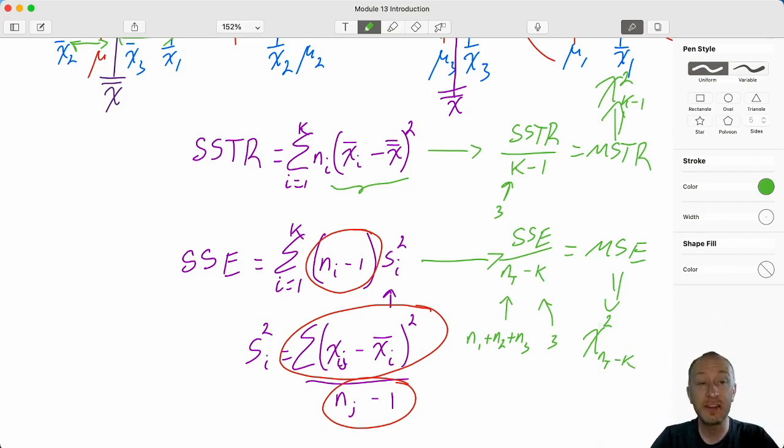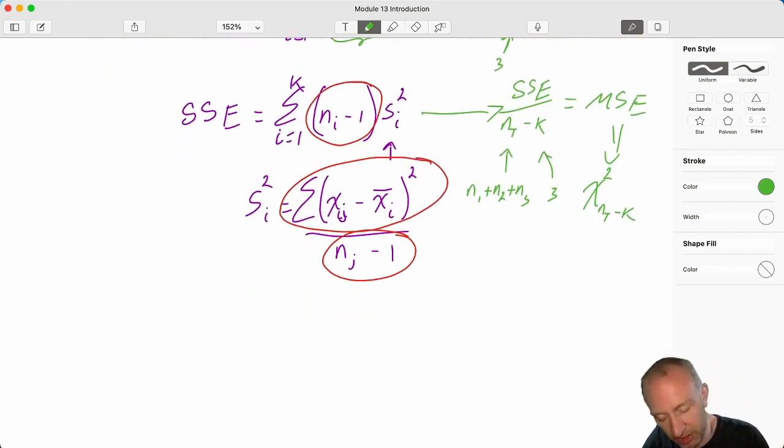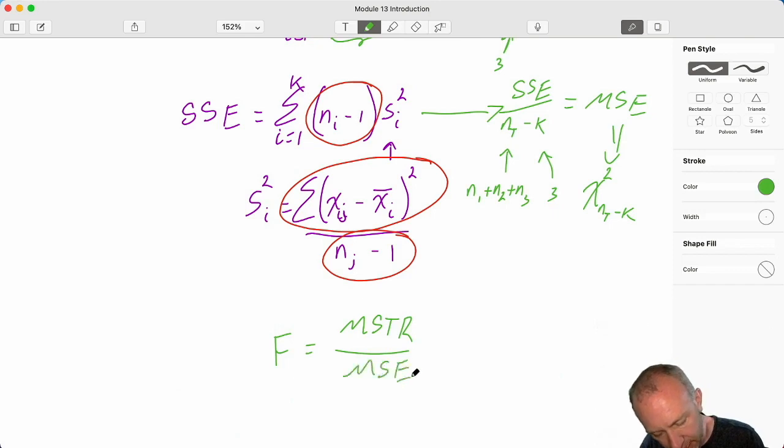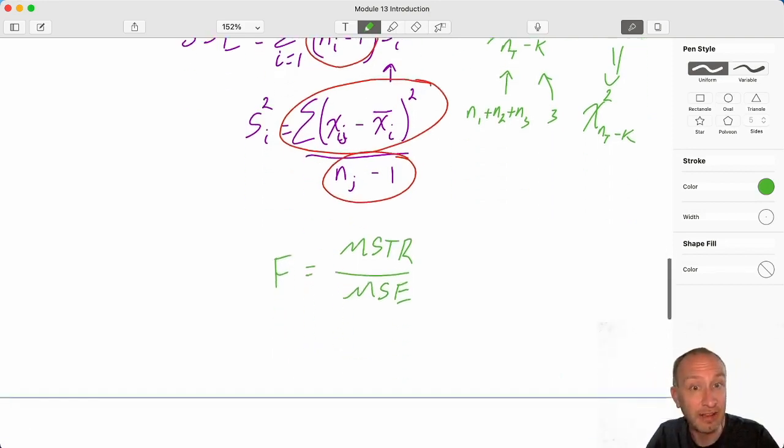What do we have here? I have 2 chi-squared variables. I have 2 estimates of variance. What do we want to do? I want to determine whether or not MSTR is significantly greater than MSE. So this becomes an upper tail F test,